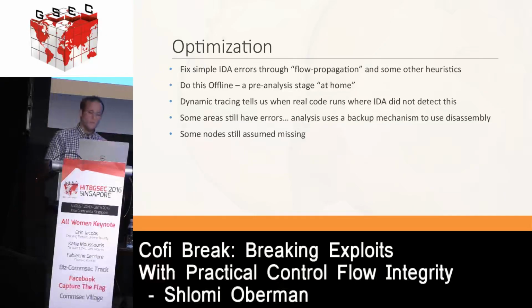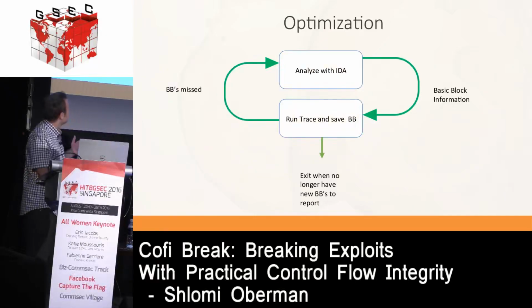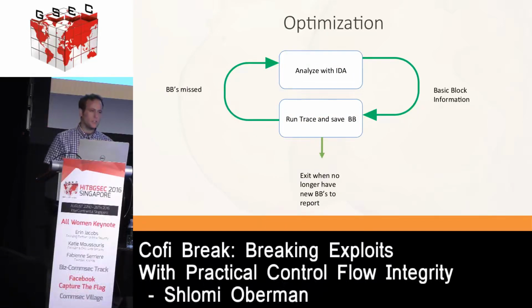And another thing we can do is, after we analyze with IDA, we can run the trace and see where we have errors, right? See where the code actually goes, but we don't have basic blocks for that area. And then we take the basic blocks that we saw in the real execution, and we put them back in the IDA analysis. And when we see that we're no longer missing basic blocks, we now have an exact